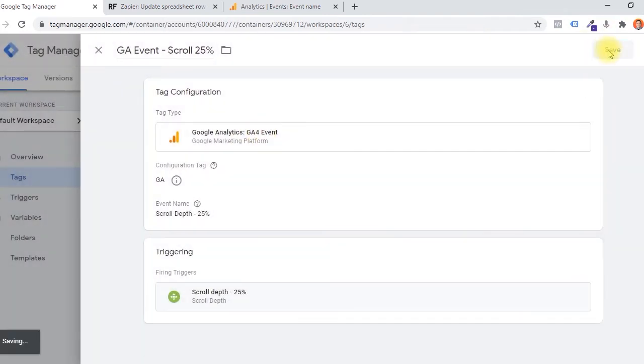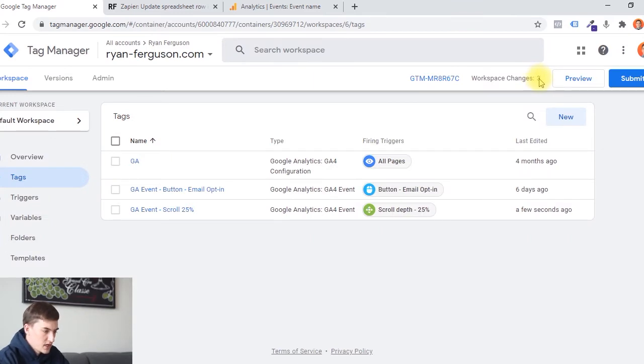press save. So right now we have 3 workspace changes that are unpublished. If we were to exit Tag Manager right now, then we wouldn't actually be sending these events to analytics. We actually have to submit them. But before you publish them, it's always good practice to go into the preview/debug tool and actually verify that they're set up correctly and firing. So we'll go into that in a minute, but I'm going to set up a couple more events while we're